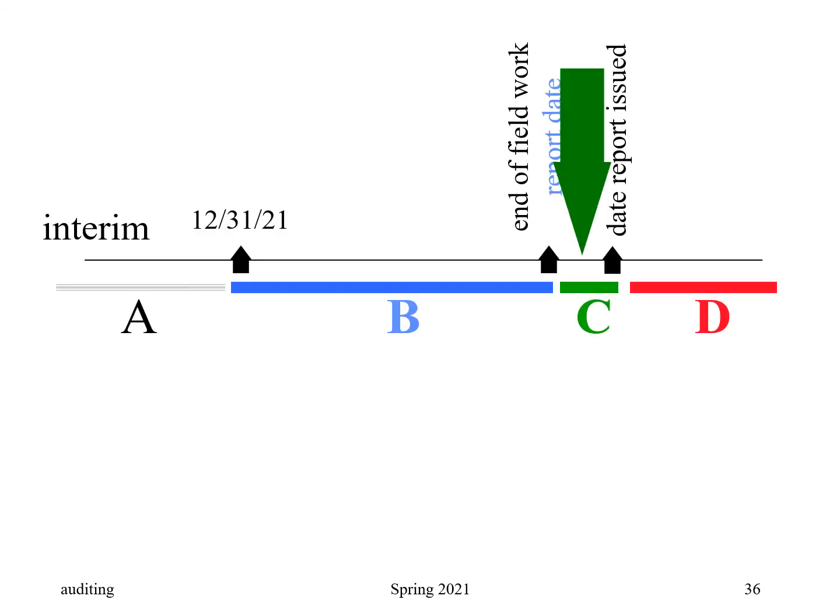Now, we finished field work. Okay, so they send us home. The manager, senior manager, and partner all huddle to figure out what report to issue, but we're done. As staff auditors, we're going off to another client while they wrap up the odds and ends of the audit. Okay, that's everything for today, and we'll finish up chapter 24.